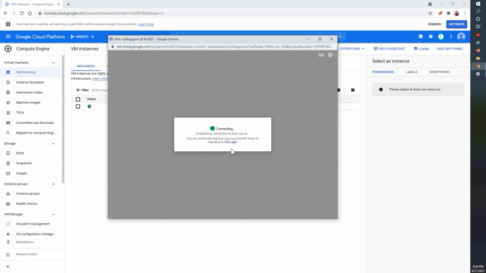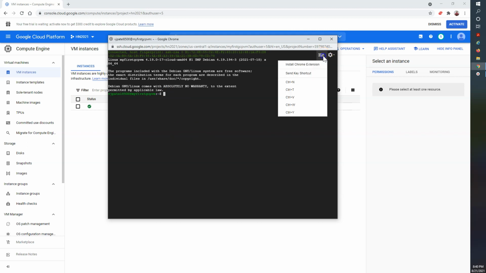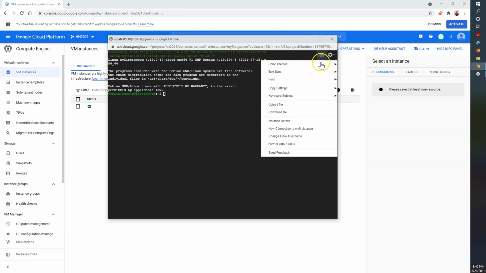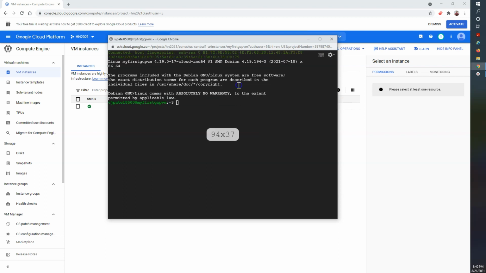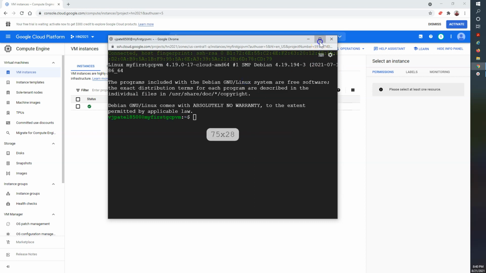You simply click SSH from your browser, and it will implicitly take your system access. See, you got your access. If you want to change your configuration, you can. If you want to change your font size, you can do that, and if you want it larger, you can do that.